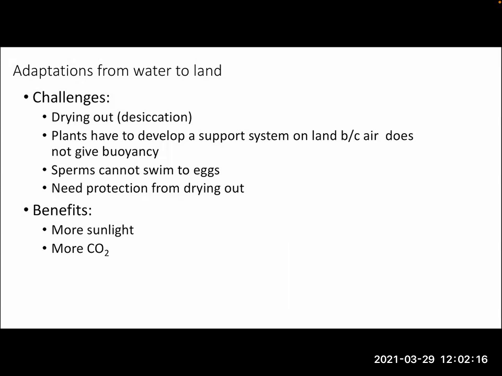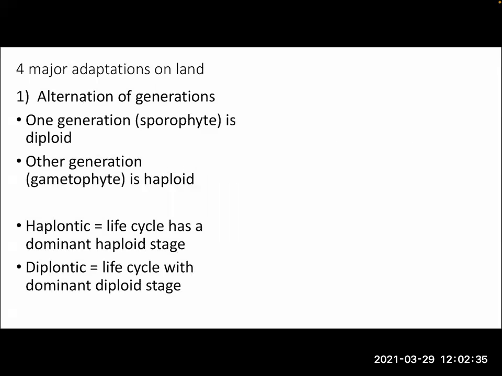And so if you're an organism that focuses on photosynthesis as your energy generating source, then you want to photosynthesize as much as you can. It just makes sense to be able to do that. And so those are the two big benefits that you get from moving from that aquatic to terrestrial environment. And so the way plants evolved to deal with these disadvantages of the terrestrial habitat is that, one, they underwent this alternation of generations lifestyle.